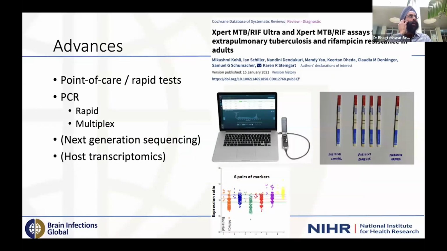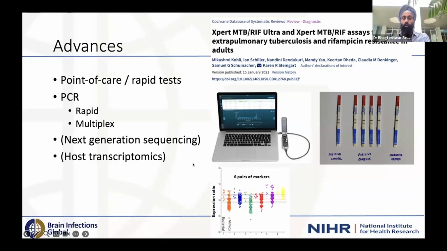And I'm kind of, with this slide, setting the scene for us to talk about advances that are already practicable, or already available, or will be available soon. Big movements have really been made in terms of point of care tests and rapid tests, and rapid versions of, I guess, what we've just mentioned, serological tests and PCR. And there are lots of rapid PCR tests that are coming through, and multiplex, so looking at various targets or various organisms. And then next generation sequencing.